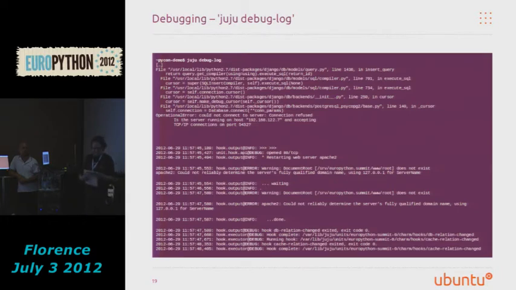Juju provides some tools to help diagnose issues with charms. The first is the debug-log subcommand in Juju. Basically, this is a log aggregation of all Juju charm activity through hooks firing across your entire deployed environment. So for a big environment, this can get very, very busy. When you're developing locally, it's relatively useful in that you can typically get a feel as to where in your hooks there is a problem with configuring or deploying your application. So it's good for your initial diagnosis as to where your issue is.